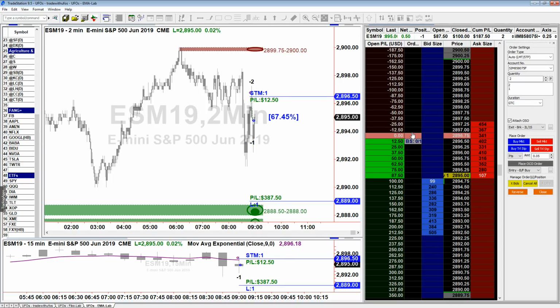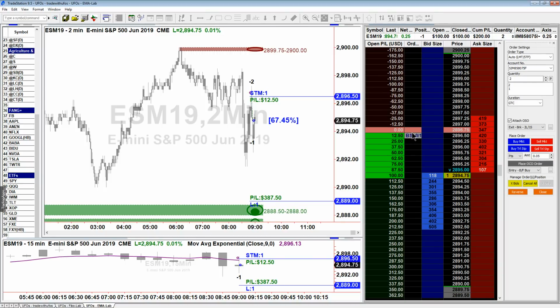But that's ideal, because the micro E-minis are going to be 10 times less compared to the size of the E-minis. So, for example, if the S&P 500 I'm trading right now is $50 per point, the micro E-minis are going to be $5 a point. So now, Jay, you can use 2, 3, 4, 5, 10 contracts. You can use multiple contracts, and it's going to be much less P&L in your trades, because the price point is less. Okay, so we'll talk about that in May, because those contracts have not been released yet.